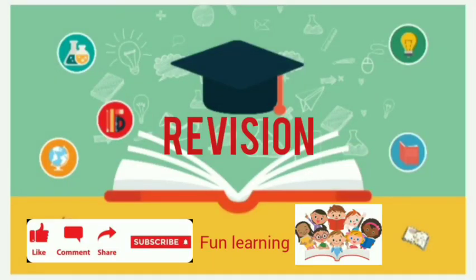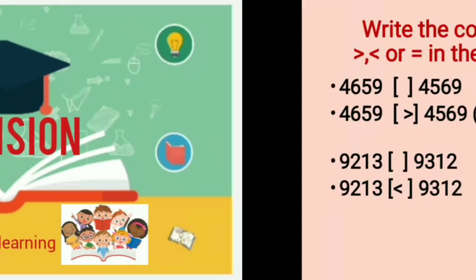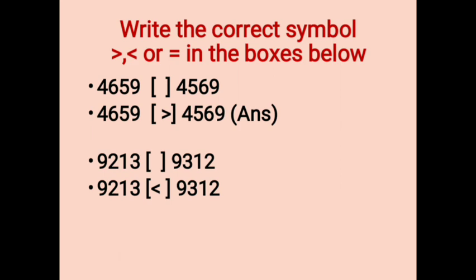Today we are going to do revision of class 3 maths. So let's get started. Write the correct symbol greater than, less than or equal to in the boxes below. Two numbers will be given to you and you have to check which number is greater, smaller or equal. So 4659. The box is given in the middle,